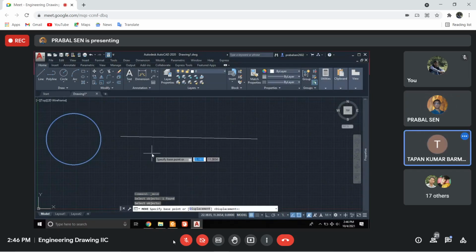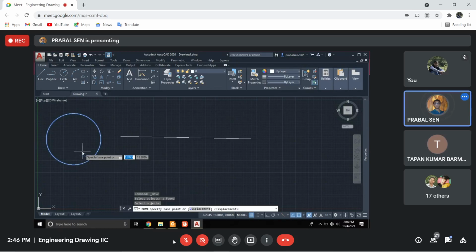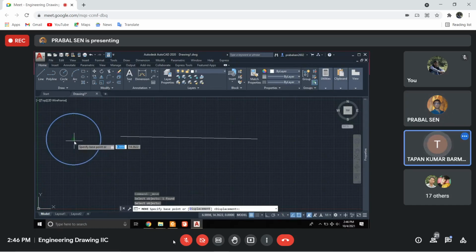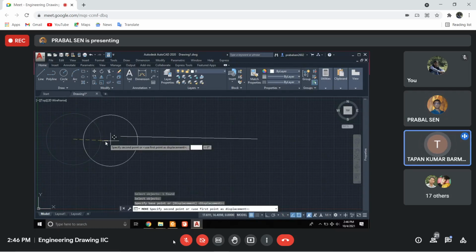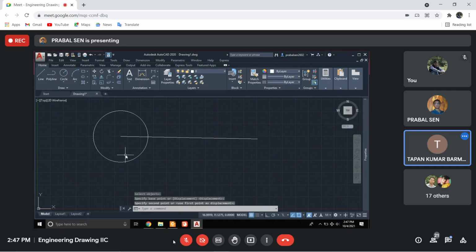See, there may be multiple objects you want to move in one go. So when the selection is complete, you need to press enter. Okay, sir. Understand? In your computer, it was showing the lower endpoint, sir. Okay, no problem. You may select the center point. Also, if the quadrant option is on, you may select the quadrant also. Clear? Okay, clear, sir.